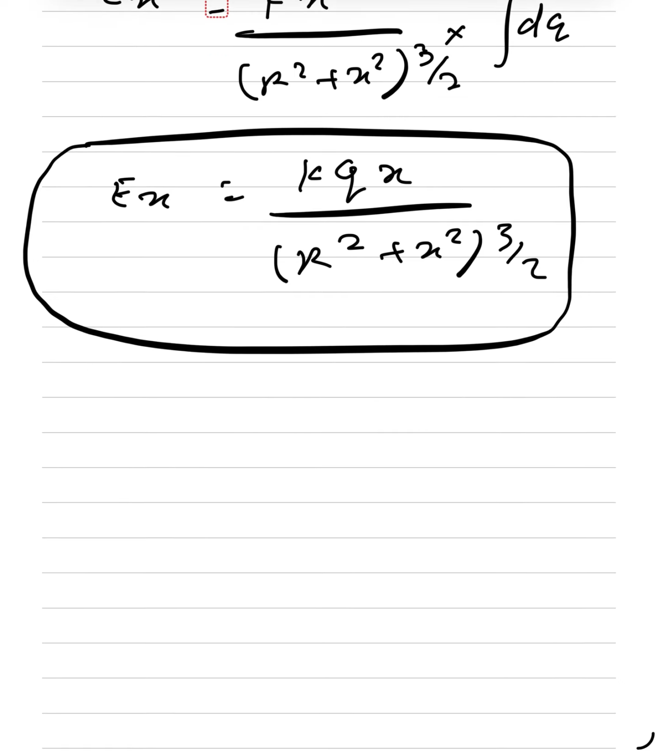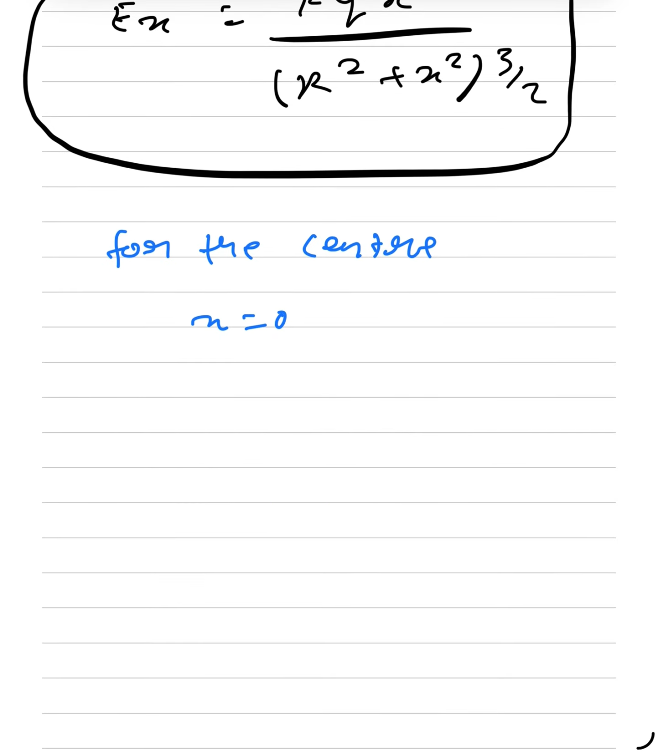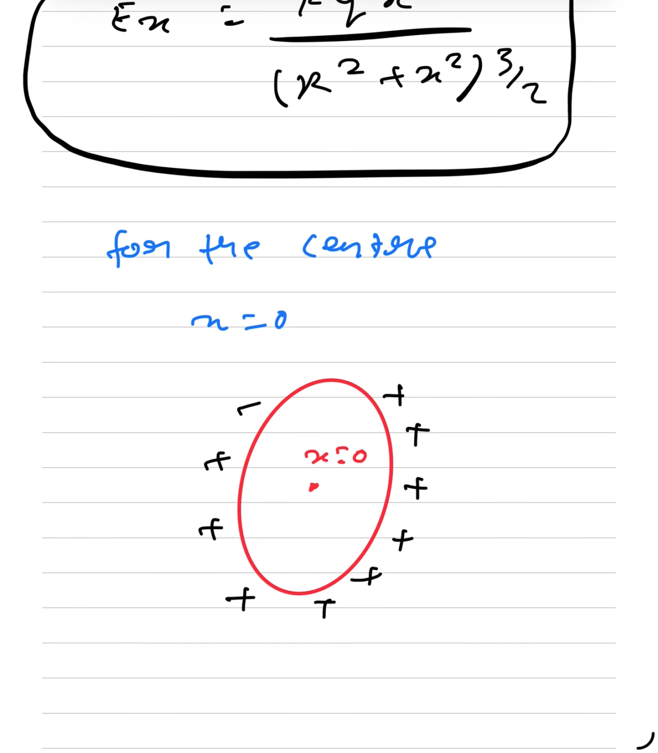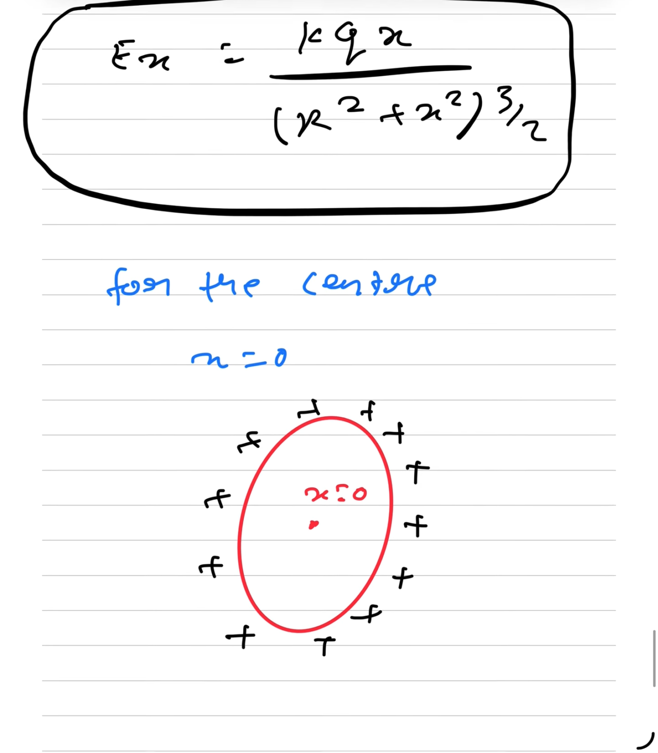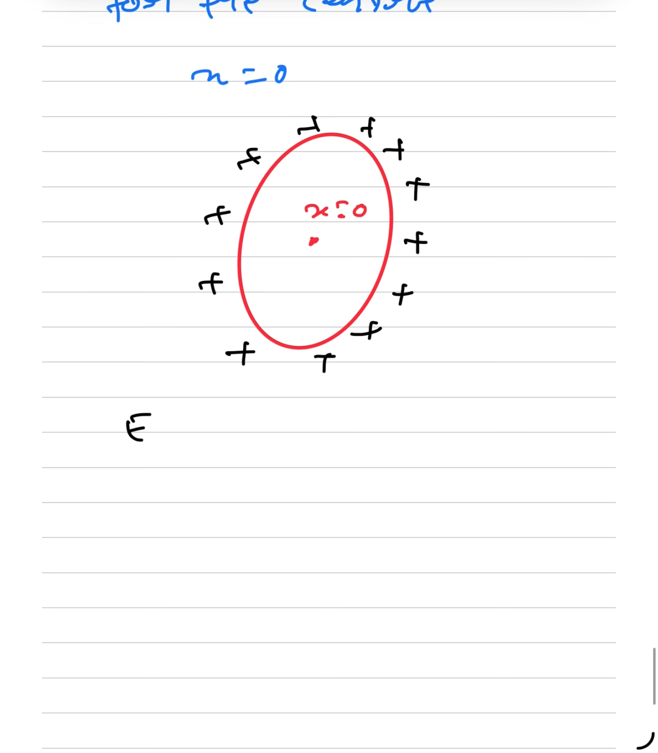For the center, x equals 0. This is a uniformly charged ring, and this is the center point. For the center x equals 0, the charge is distributed like this, right. In this situation, the value of the electric field at the center point equals 0,